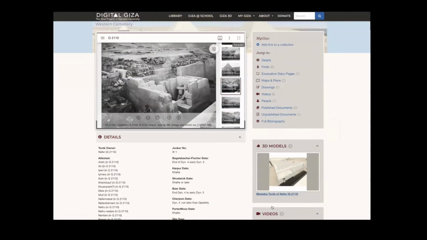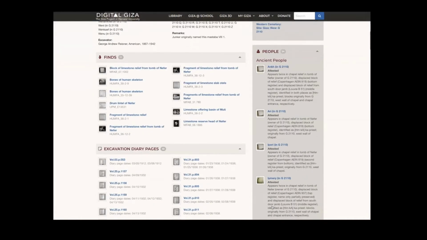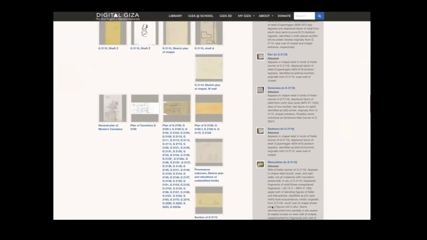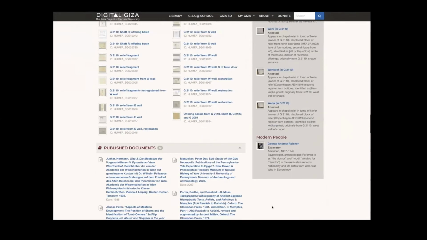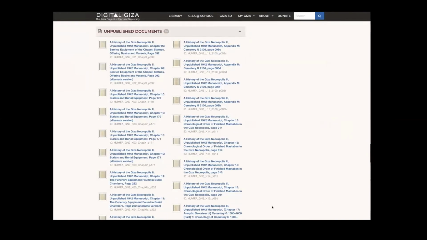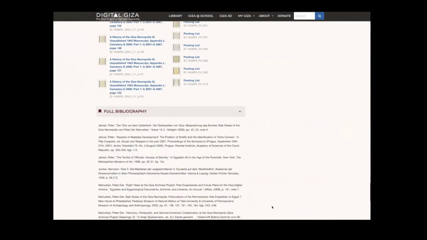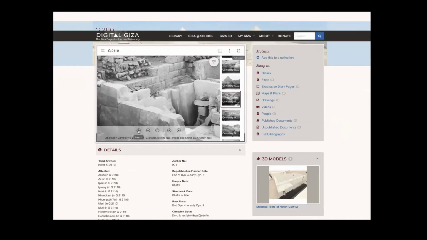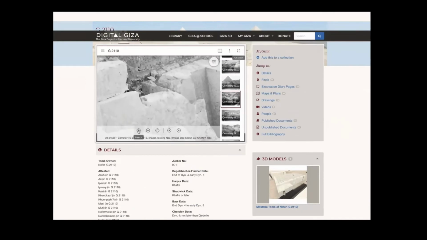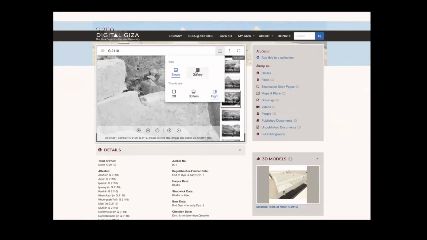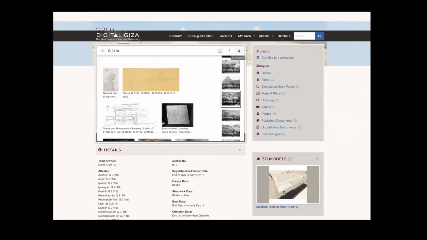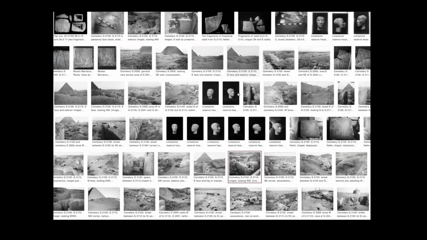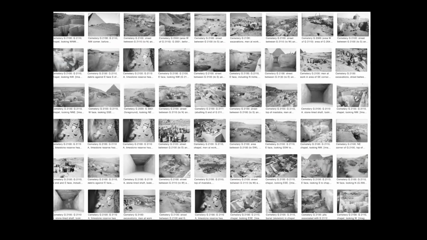So here's a basic results page for a single tomb, and I'll just scroll down really quickly. You can see excavation pages, maps and plans, drawings, published documents. I hope this is scrolling for you and not too choppy, and you can see the different categories. These can be collapsed or expanded. Bibliography as well, free journal articles, PDFs. It's all Mirador IIIF compliant served up with the imagery. So all of the zooming and annotation functions are there, moving into gallery views, as you see here, and zooming in or downloading. This is all possible at different resolutions.